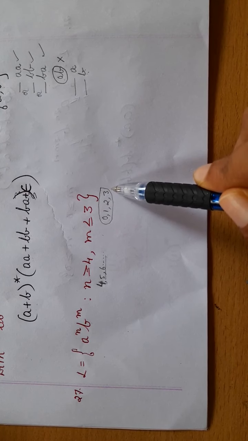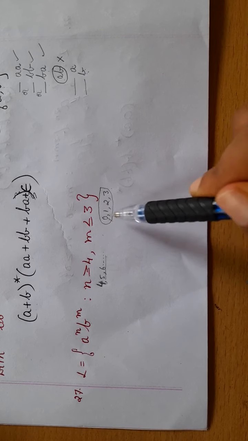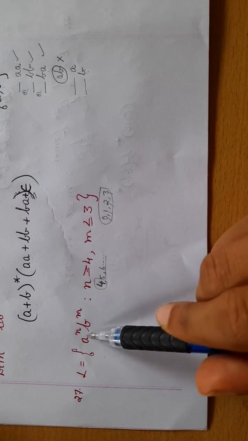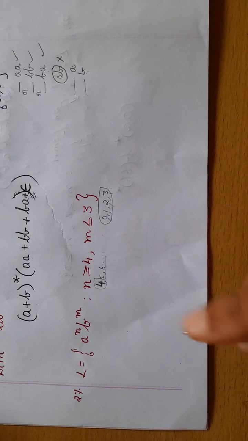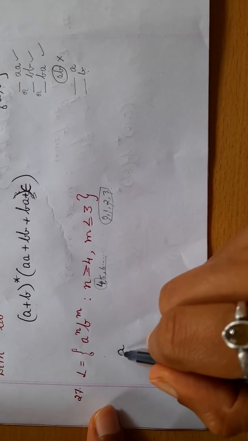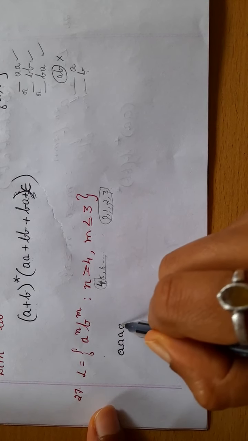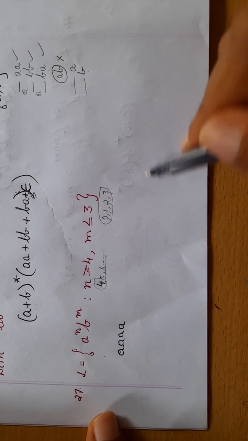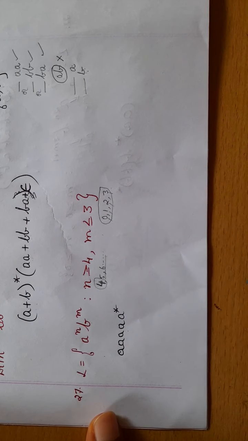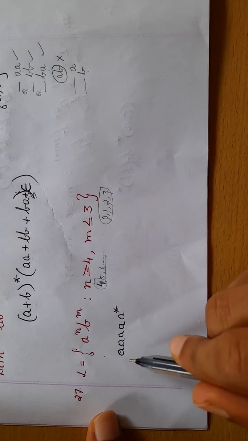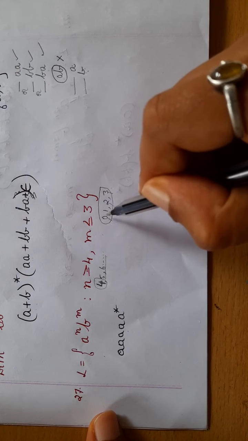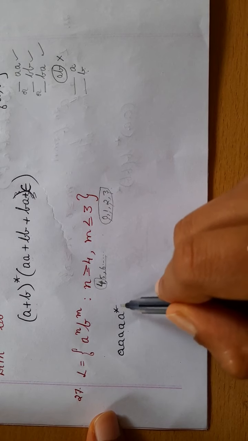So we should write the regular expression so that it satisfies 0, 1, 2 or 3, and minimum condition is 4. That is minimum 4 A's. My regular expression: A, minimum 4 A's, 1, 2, 3, 4. Minimum 4 A's, and then it can be any. So after 4 A's I will write 0 or more occurrences. Minimum 4 A's and then any number of A's. So with respect to this, I will consider 0 B's. So 0 B's, epsilon, I need not write anything.